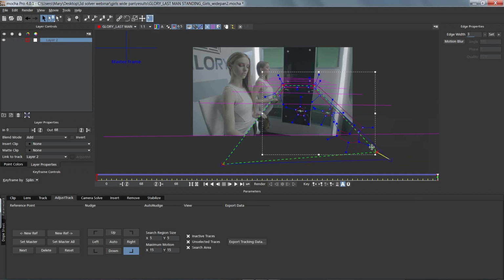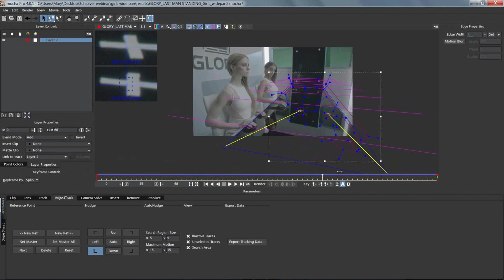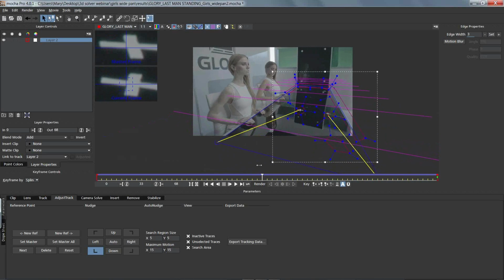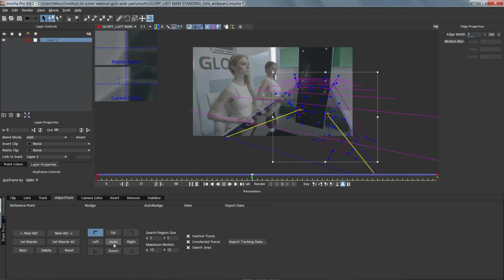Alright, so we're going to continue this by finding the next reference points. In this case, I'm going to grab probably this corner here, and I'm going to come over here and I'm going to grab this corner here, and we're going to use these as all 4 reference points. I'm going to come over here and I'm going to hit Set Master All, and what this is going to do is this is going to make these my reference points. So now what we do is we look for where it's starting to go off. So let's look for the main arc of where it's going off. So let's correct it here, and let's just hit Auto here,